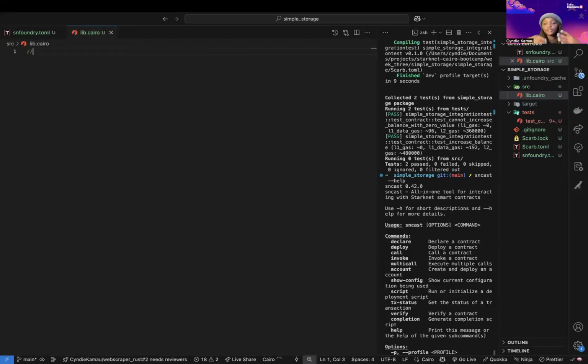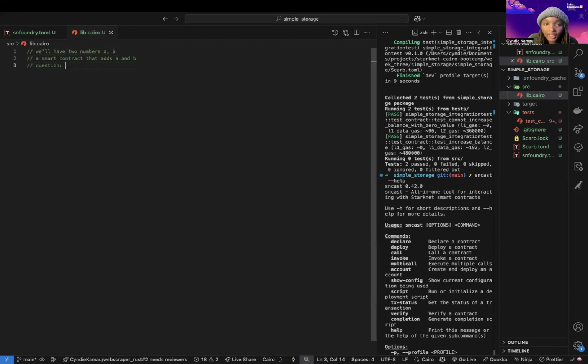So let's first come up with a concrete image of what I want to do. For this smart contract, let's say we'll have two numbers, A and B. I'll create a very simple smart contract that adds A and B. But most importantly, remember we talked about storage, right? The one question which would come to my mind right now when I'm designing my smart contract is, do I want to store